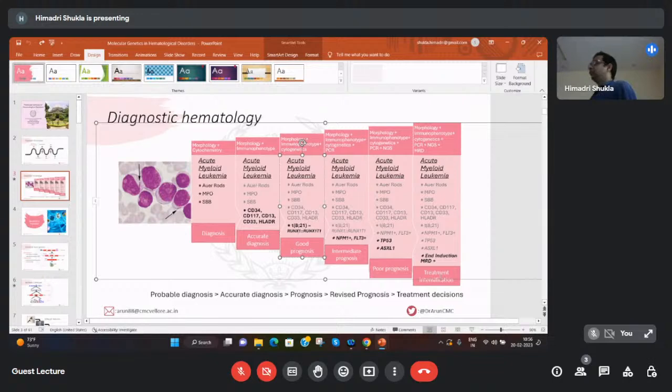And if you have flow cytometry based minimal residual disease tracking, you can also tell, at the end of induction, whether it needs to be intensified with a consultation for transplant, or we can continue with chemotherapy. So there's so much information which is required, not just giving a diagnosis. So clearly,